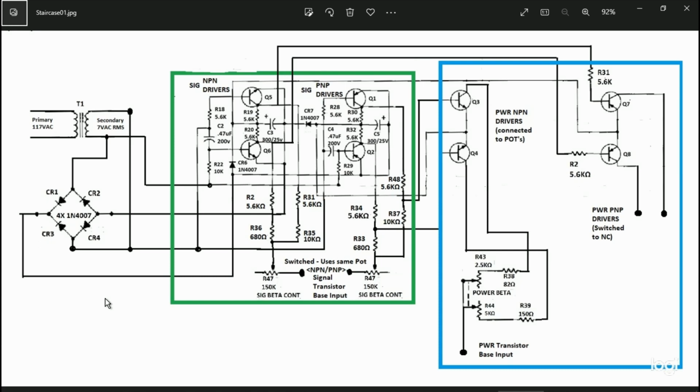So I'm going to go over what's going on a bit. First off, we have our signals for our NPN and PNP transistor testing. The drivers are 2 different groups here. These are for the signal level. And what happens is this section